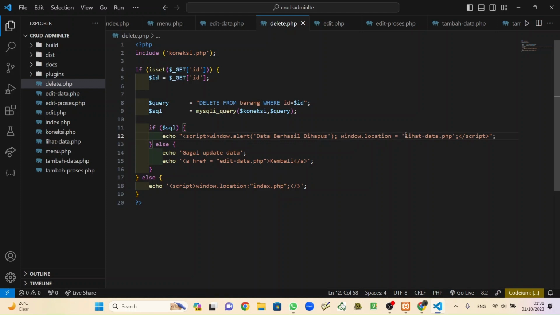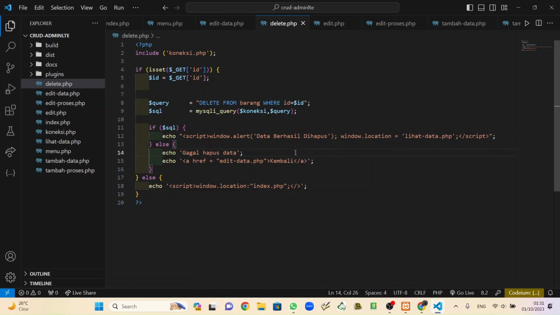And then window location back to the lihat data, so the user can see what data he has deleted. And else, gagal hapus data.